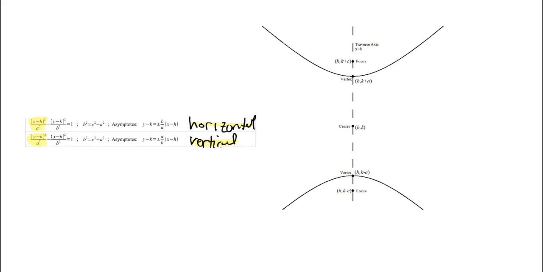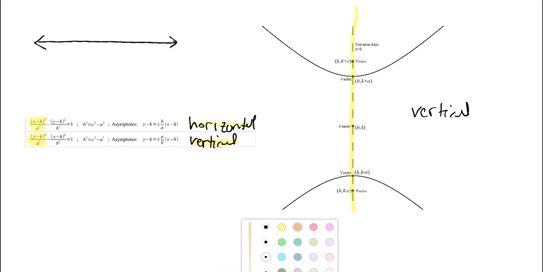Then I've got a picture over here of our hyperbola, just to give you an idea of the features we want to pay attention to. All of the major features are going to fall along the transverse axis. This picture I'm showing you is of the vertical orientation, and this vertical line is the transverse axis. If we had a horizontal orientation, our transverse axis would be horizontal. So along that transverse axis, we have the center, we have vertices,